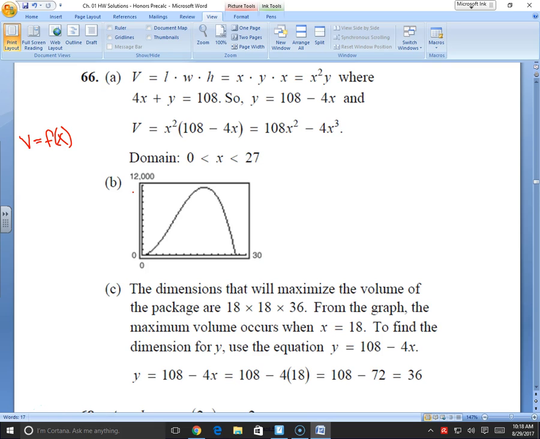Correct answer is right. Maximum volume, right? So the maximum volume, how do you find the max of a nasty function? We graph it. We say, hey, we know how to find the max from our graphing calculator handbook. But then once we get that max, the max actually ends up representing